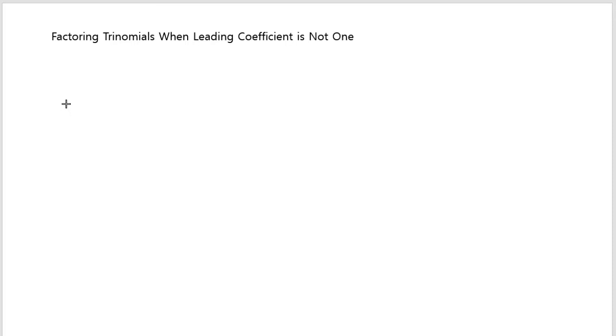If you have a trinomial with leading coefficient not 1, then trying to factor it is a little more challenging. So here's an example. Let's say you have 6x squared minus 5x plus 1. How do you factor this? Well, to study how this gets factored,